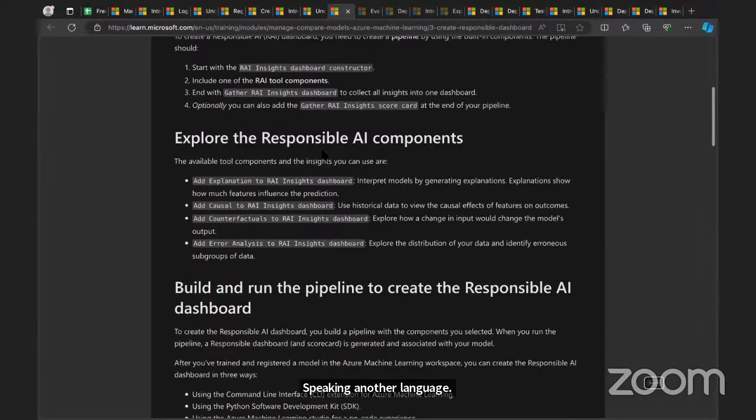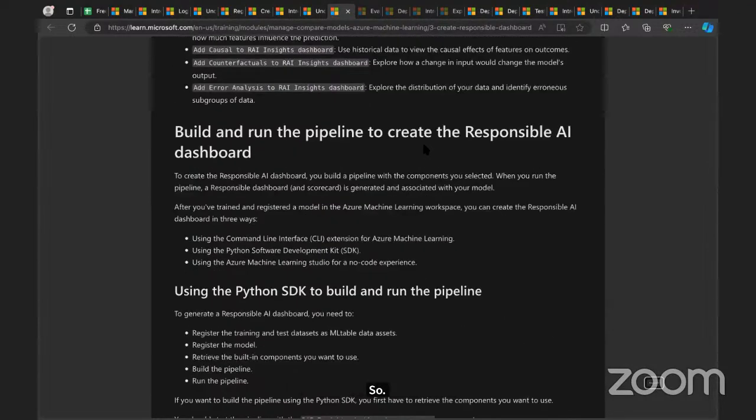So yeah, build and run the pipeline to create the responsible AI dashboard. To create the responsible AI dashboard, you build the pipeline with the components you selected. When you run the pipeline, a responsible AI dashboard and scorecard is generated and associated with your model. After you've trained and registered the model in the Azure Machine Learning workspace, you can create a responsible AI dashboard